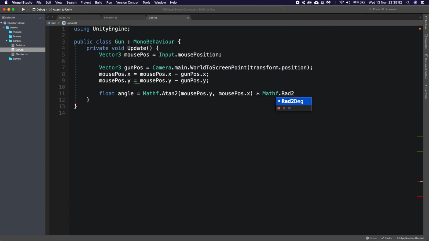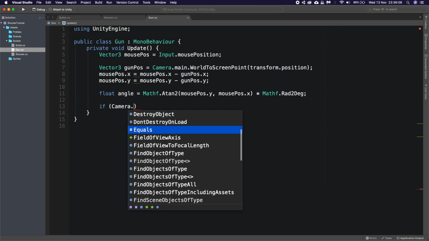So we're going to say Rad2Deg, which if you read there, it gives us the conversion there. It's 57. So we're timesing this by 57.29578. And then we can say if camera.main.